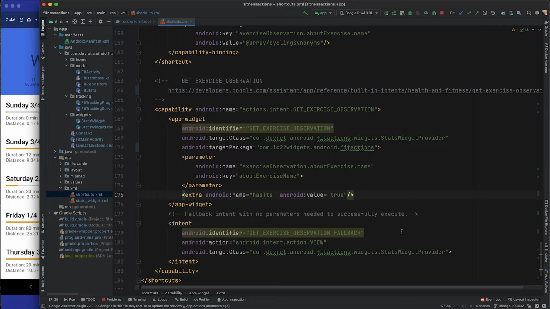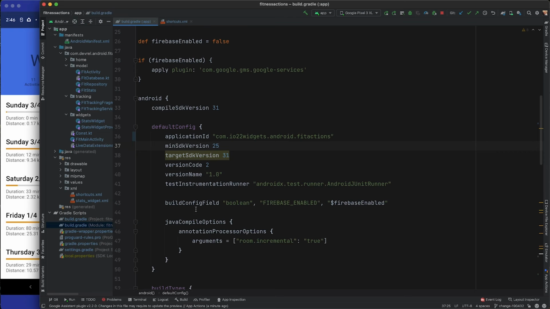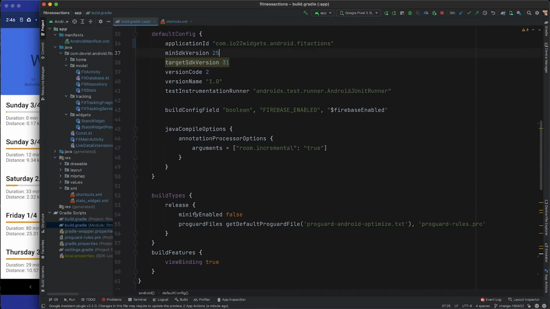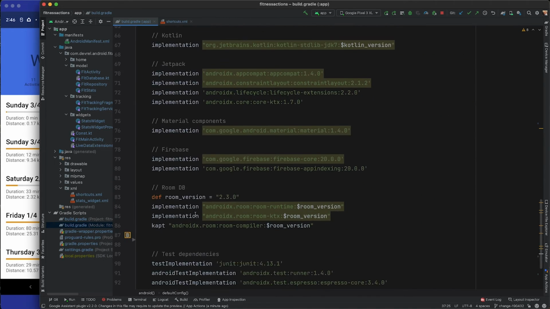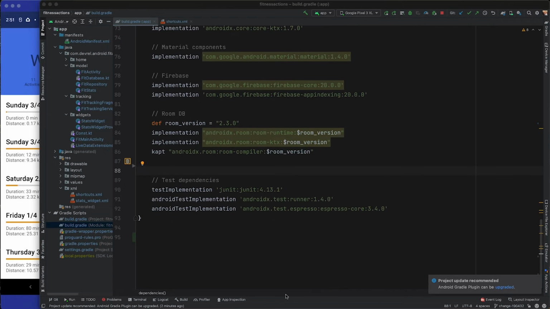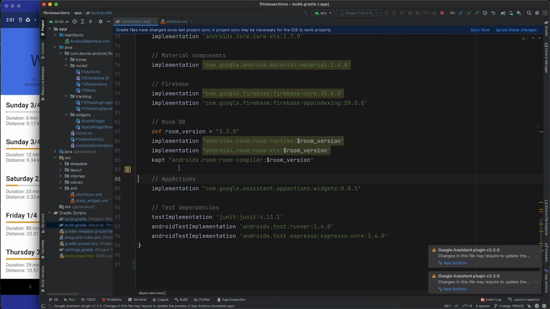All right, now that the getExerciseObservation capability is established, we need to configure the Android app to handle the request. So first, we are going to add the widgets extension library to our build.gradle file. The AppActions widgets extension library enhances your widgets for voice-forward assistance experiences.